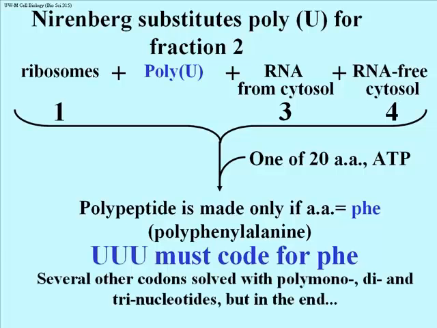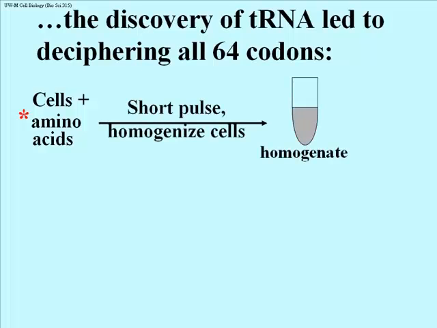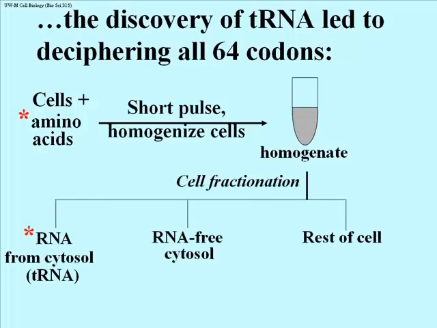Nirenberg and his colleagues deciphered several other codons with the other polymononucleotides as well as polydinucleotides and even polytrinucleotides, but that became pretty tedious after a while, and Marshall Nirenberg hit upon a method to decipher all 64 codons in record time. It turned out that if you took cells and added radioactive amino acids to the cells, and waited a very short time, and then homogenized the cell, so you end up with a homogenate, and then fractionated the cell into RNA from the cytosol, RNA-free cytosol, and whatever was left of the cell, the rest of the cell,